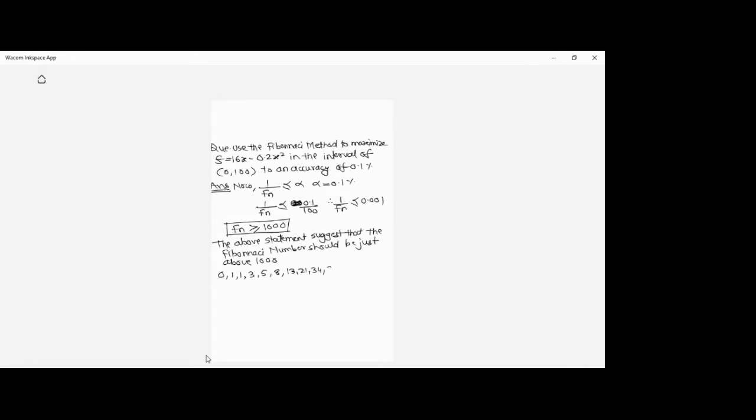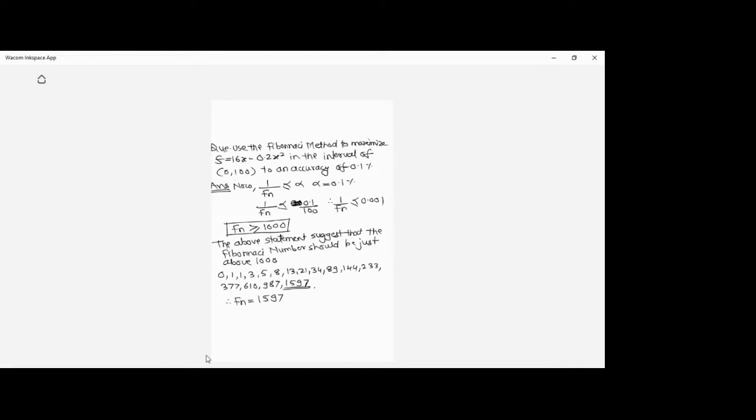21, 34, 55, 89, 144, 233, 377, 610, 987, 1597, right? So the Fibonacci number which is just about 1000 comes out to be 1597. 987 we can't consider because 987 is less than 1000, and no, we are not going to get exactly 1001 as a number in the Fibonacci series. So the number that is just above 1000 is which? This is 1597. Hence your Fn, that is the Fibonacci number, is given as